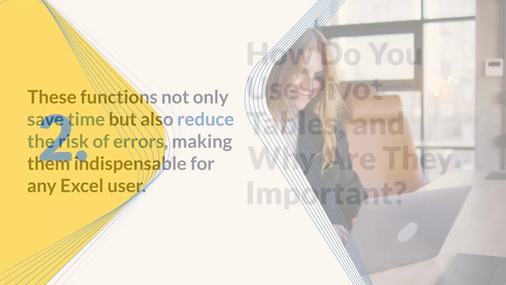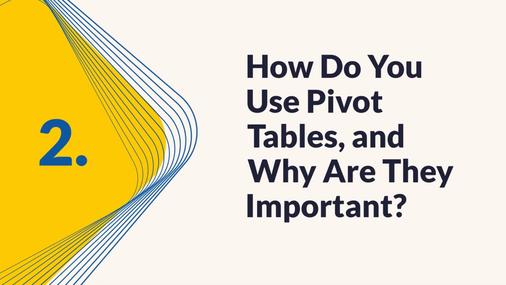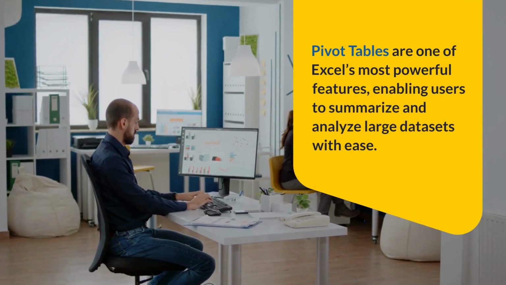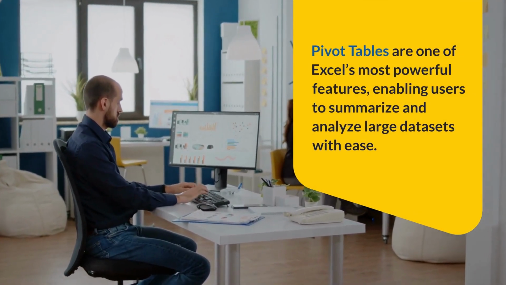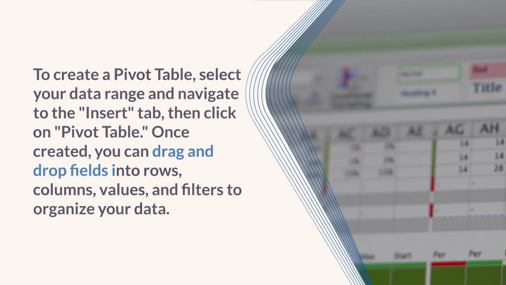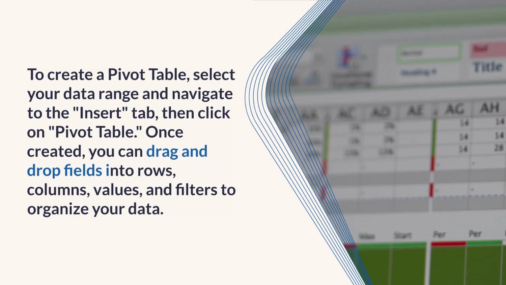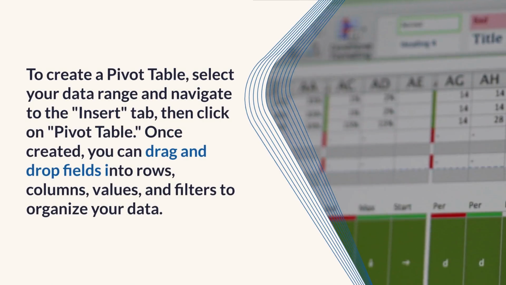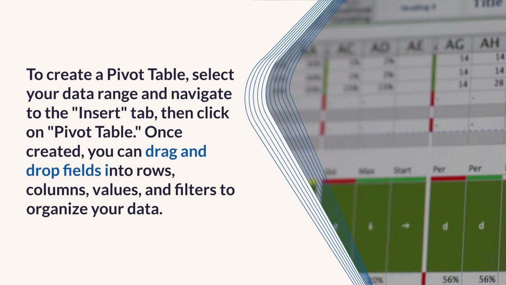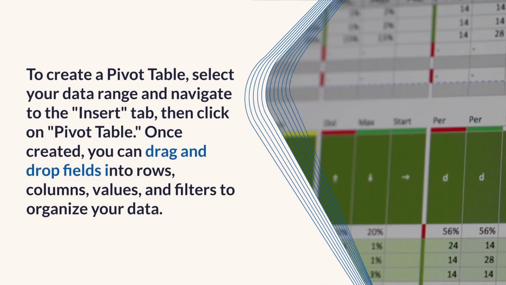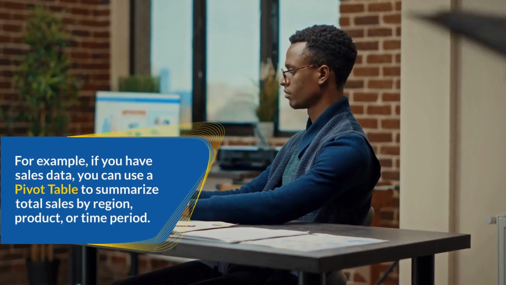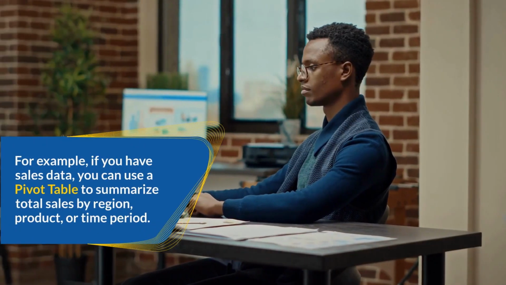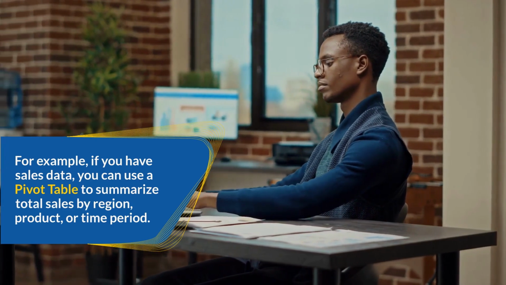2. How do you use pivot tables, and why are they important? Pivot tables are one of Excel's most powerful features, enabling users to summarize and analyze large datasets with ease. To create a pivot table, select your data range and navigate to the Insert tab, then click on Pivot Table. Once created, you can drag and drop fields into rows, columns, values, and filters to organize your data. For example, if you have sales data, you can use a pivot table to summarize total sales by region, product,